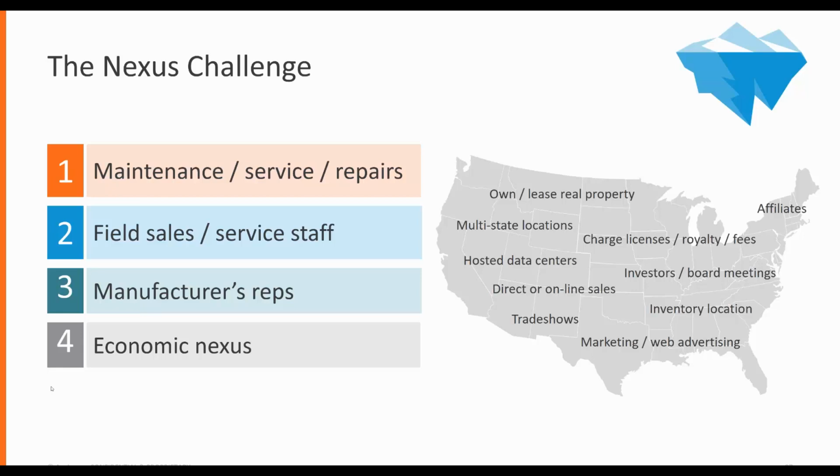One of the things right now, as I said, with the Supreme Court case is South Dakota is basically trying to redefine what Nexus means. And that goes into number 4 here, economic nexus. Historically, the first 3, if you're looking at maintenance and repairs, that's physically someone going to the customer to fix the product. That employee is in that state and it's a result of a sale that has happened, so that constitutes Nexus. Any kind of field staff, whether full-time or contract work, can constitute Nexus.